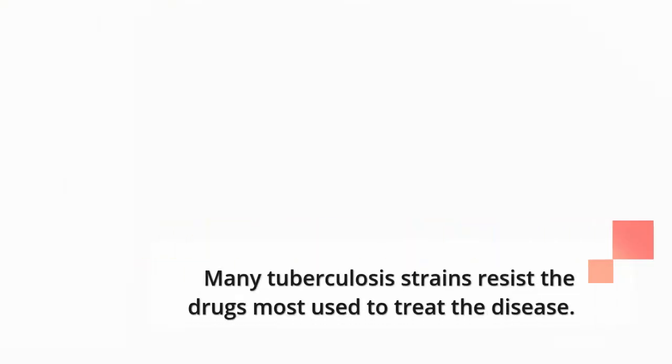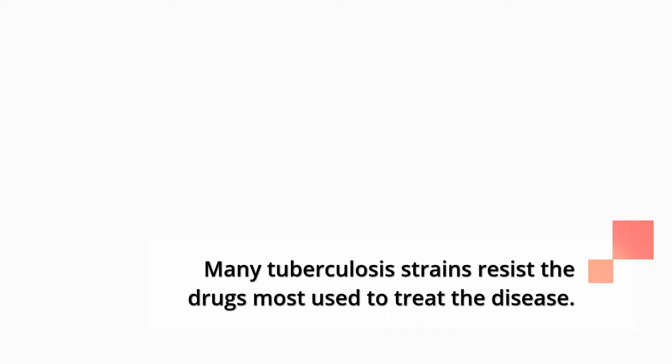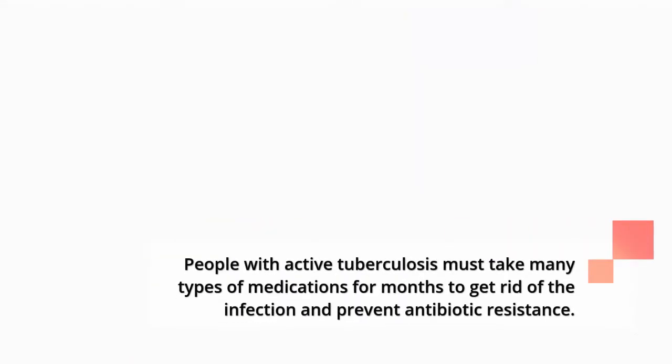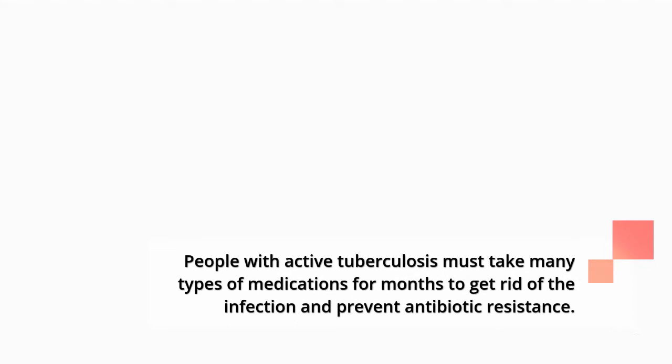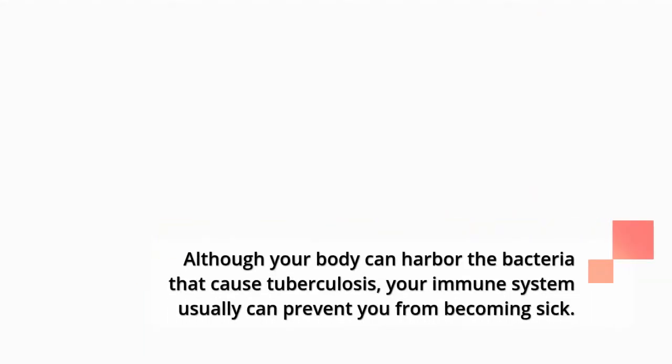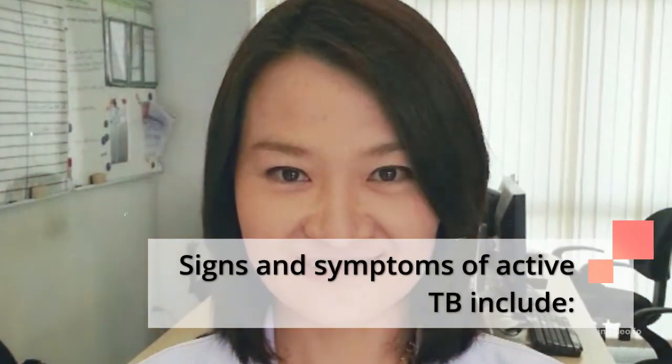Many tuberculosis strains resist the drugs most used to treat the disease. People with active tuberculosis must take many types of medications for months to get rid of the infection and prevent antibiotic resistance. Although your body can harbor the bacteria that cause tuberculosis, your immune system usually can prevent you from becoming sick. Signs and symptoms of active TB include: